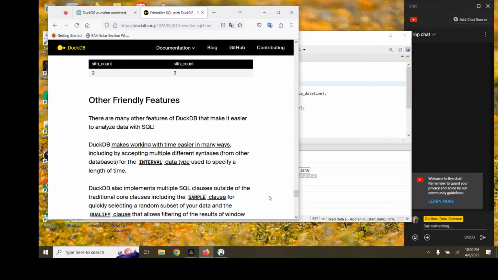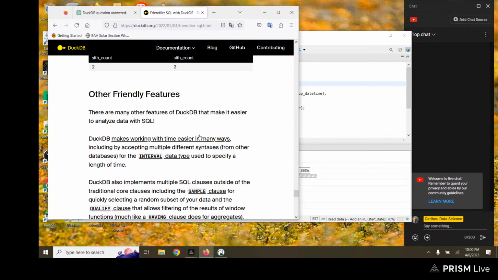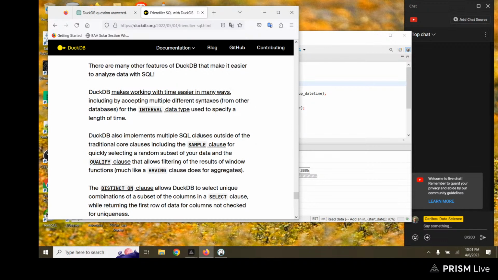There are many other features of DuckDB that make it easier to analyze data in SQL. DuckDB makes working with time easier in many ways, including by accepting multiple different syntaxes from other databases. For interval data types, use specify time. Okay. DuckDB also implements multiple SQL clauses outside of traditional core clauses, using the SAMPLE clause for quickly selecting random